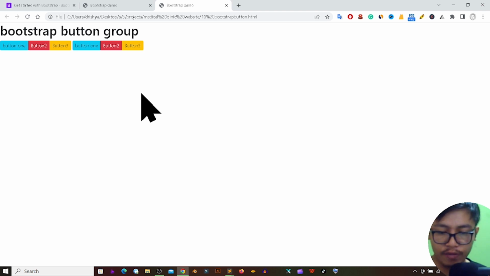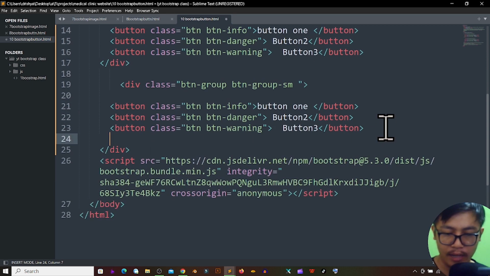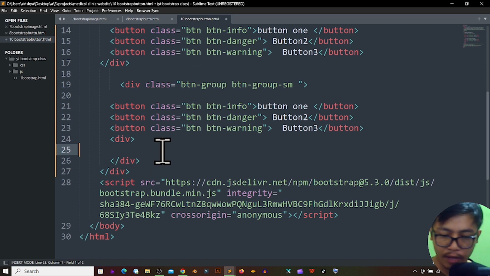So hoping that you get few ideas. Okay, and you can create a nested button group also. If you want to create a nested button group and drop down menus, you can easily create that one. Okay, so for that, just you have to come in your code. After that, you have to use a div here. So for example, I'm using a div. Okay, inside the div,